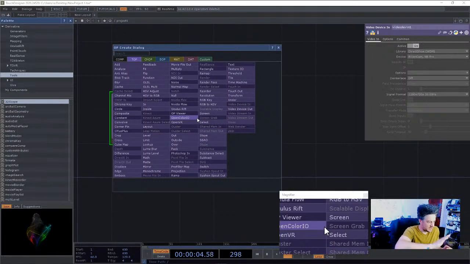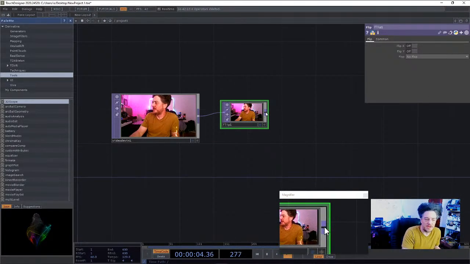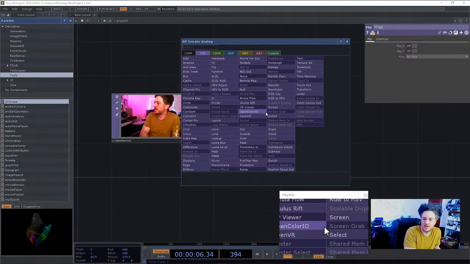As I'm going through and waving my hand, I want it to react, but because there's a feedback on it, if it's not flipped, because there's the delayed reaction, it kind of messes with your brain a little bit too much. And so it's good to just throw in a flip, make it like a mirror, and then from there,